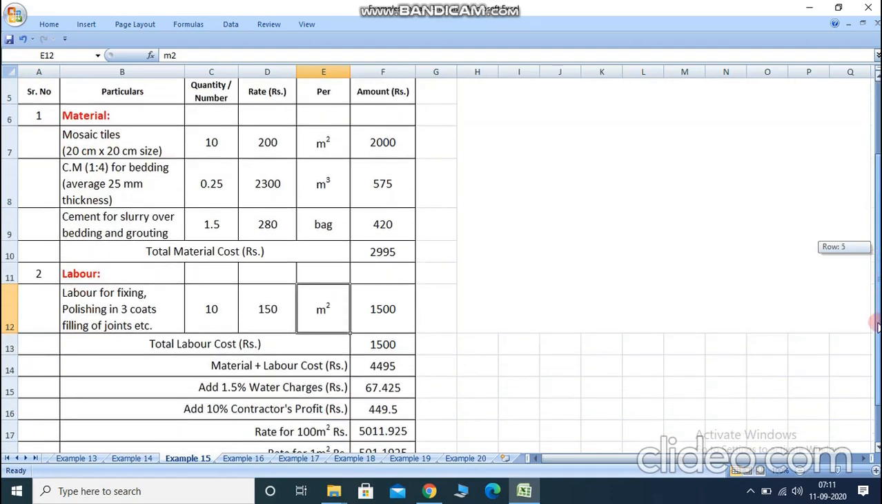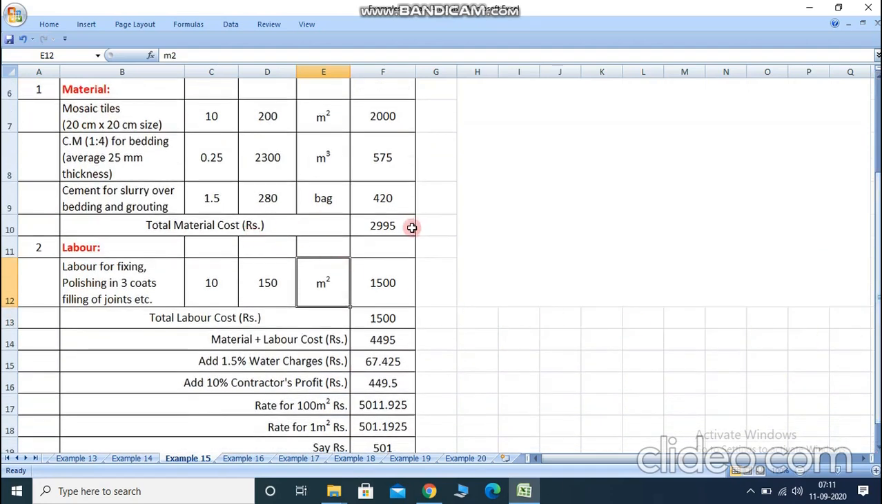Now summation of the labor cost and material cost: material cost 2995 plus labor cost 1500, so total material plus labor cost is 4495 rupees. Here we include 1.5% as water charges, so 4495 multiplied by 1.5%, and we got the answer 67.425 rupees. Similarly, we had a 10% contractor profit, so here 4495 multiplied by 10%,